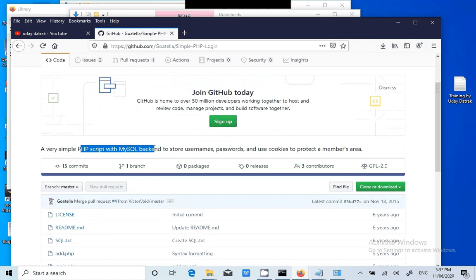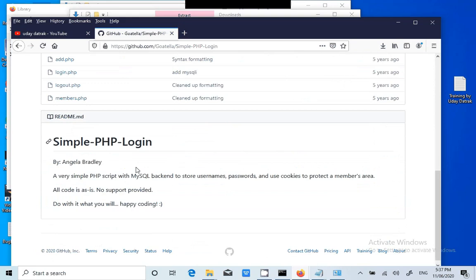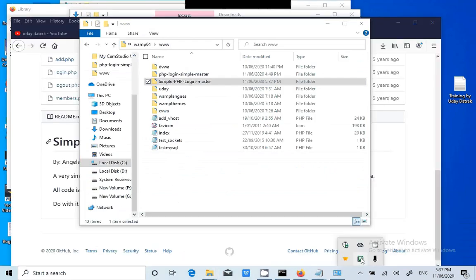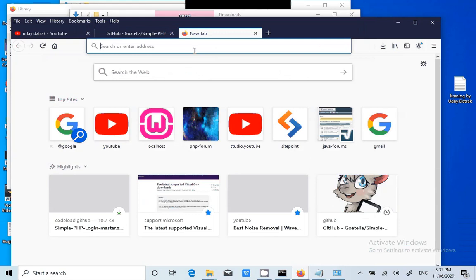Since we have WAMP, this is compatible with PHP and MySQL. Now WAMP is up and running. We'll see whether it's running or not.